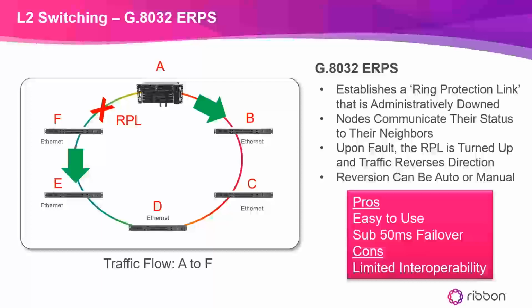Again, it provides sub 50 millisecond failover. It is fairly easy to use. It is a different type of failover, but just as valid. It's not quite as easy to deploy as MPLS-TP, and it doesn't use the tunneling technique. So you've got to turn one of these up for every service unless you combine it with another type of protocol. Again, reversion can be automatic or manual in terms of where the RPL is and